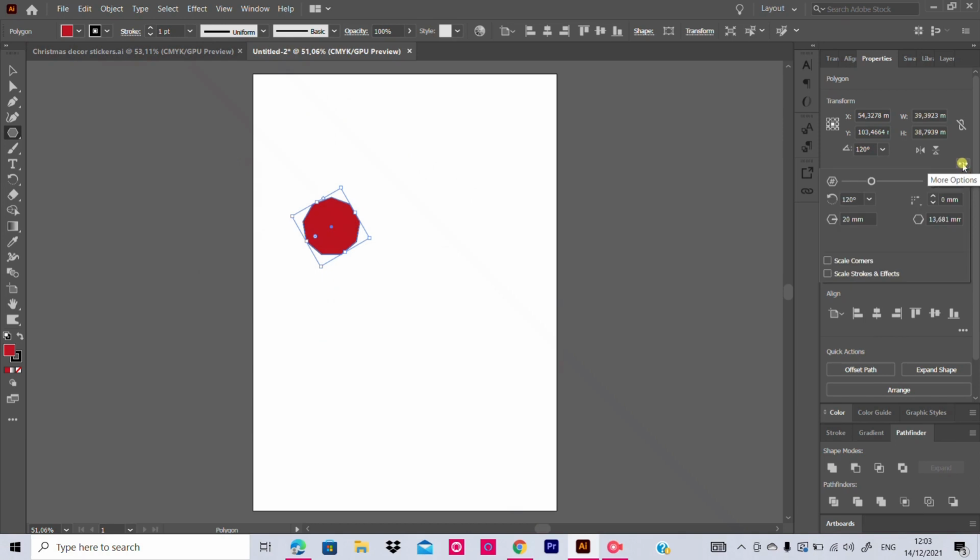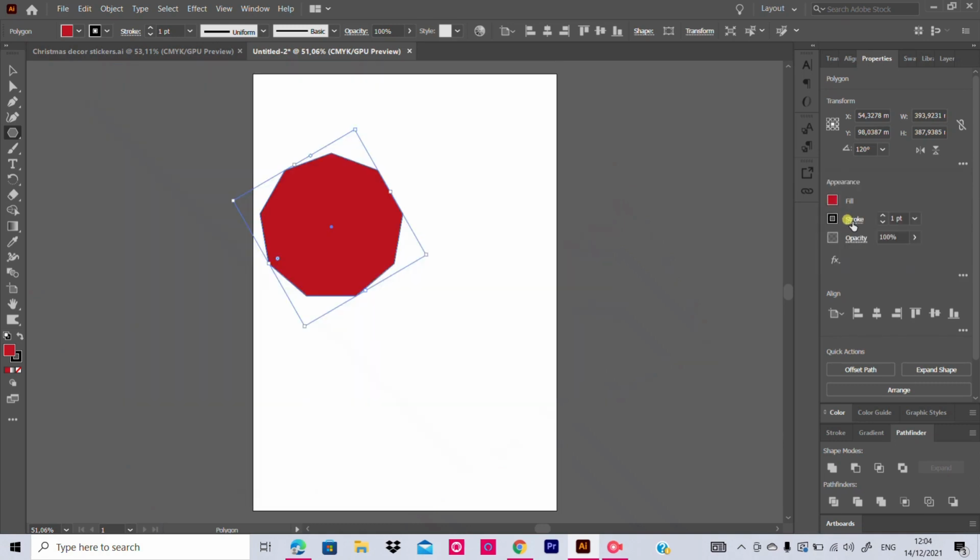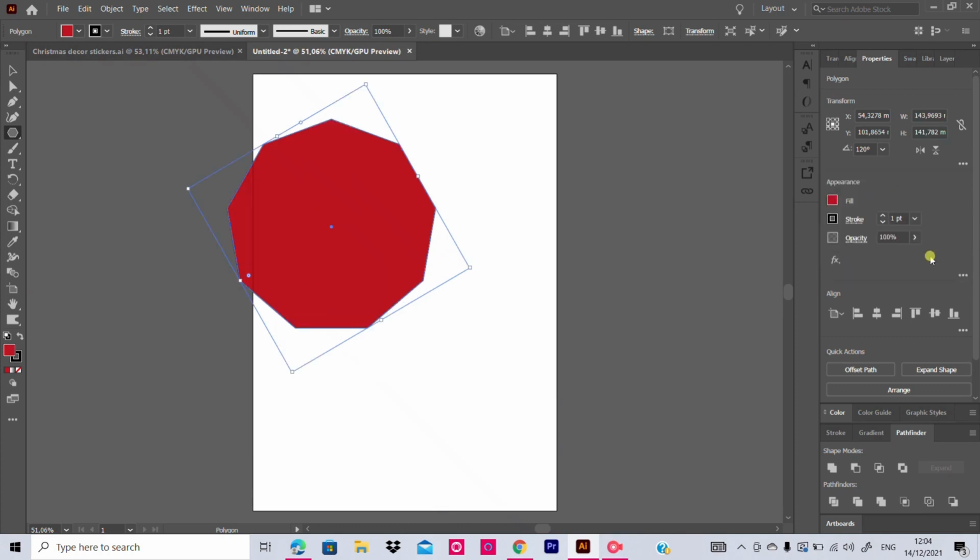Make the width and height exactly. That is a polygon radius here. You can change the size of it. If I'm increasing it, keeping it 200, oh, it has increased a lot. We don't want so much, so I'll just keep it 50. And this is the side length, 50.